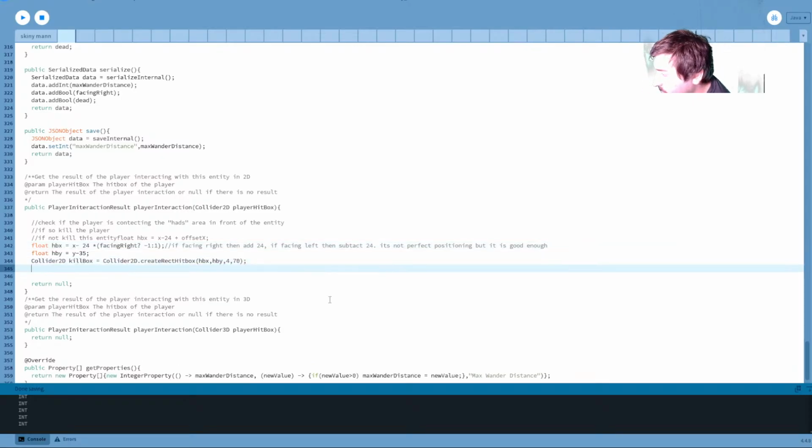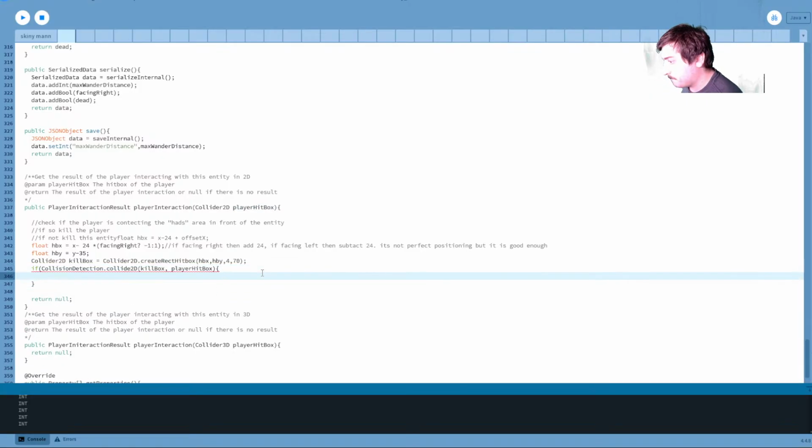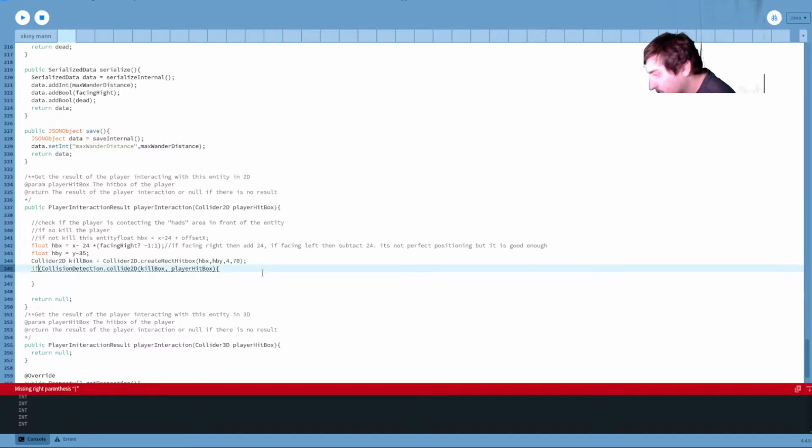So when you do that, then we'll go collision delete, if collision delete collide 2D kill box and player hitbox, then what?